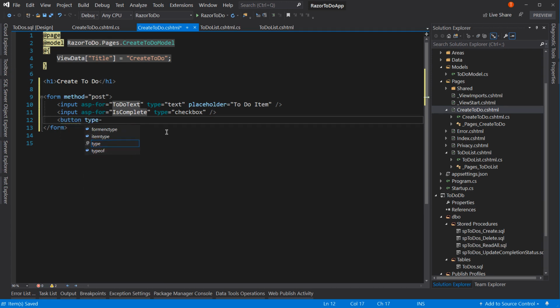And then we'll have a button. The type equals submit. And we're going to say that this is the add to-do item. Really simple page. So let's see how this